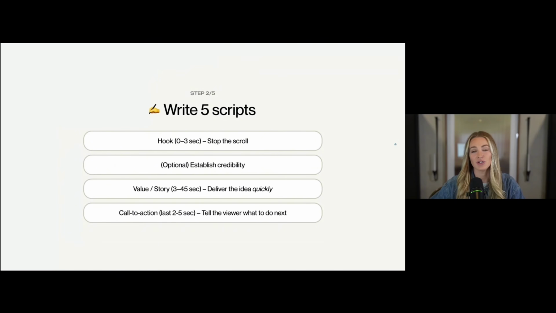Step number 2, you're going to actually write your script. Now, here is a simple framework that you can follow. Number 1, obviously, we have the hook in the first 3 seconds. We're going to stop the scroll. You can also throw in a visual hook. I'm sure you've probably seen some content about visual hooks where you sit down into your chair, where you set the camera down, where you're doing something with your hands, something else that is visually engaging